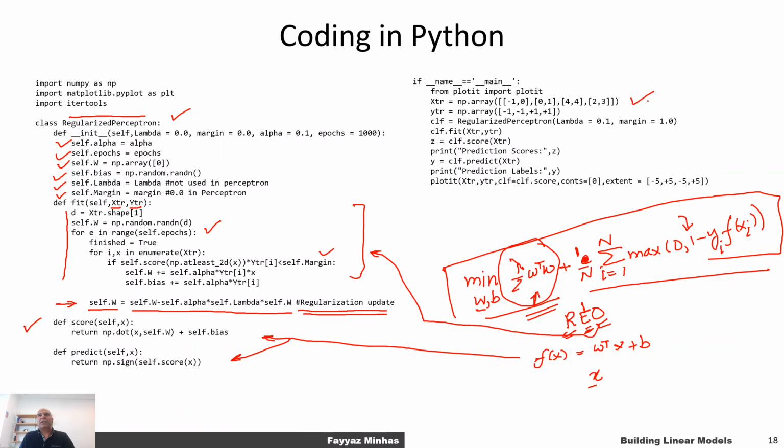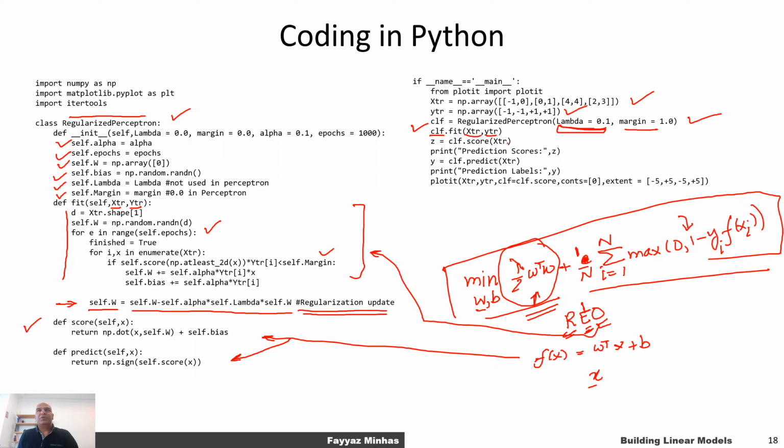You have a set of training examples, you have the corresponding labels, you create an object, and now it's important to specify a small enough step size, and to specify a lambda value which is non-zero. If you set this to zero, you won't be getting any updates in the weight. So that way you can convert this into a perceptron, and at the same time you can specify a margin of zero if you want a pure perceptron that was proposed in the 1960s. Okay, so you pass the training data to the fit function, and then you essentially get an object